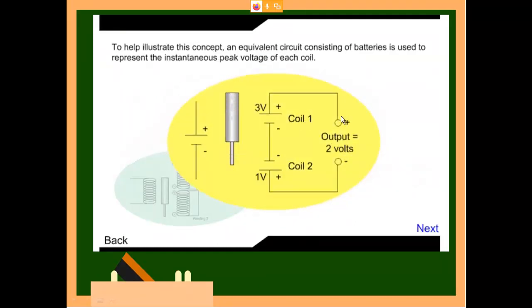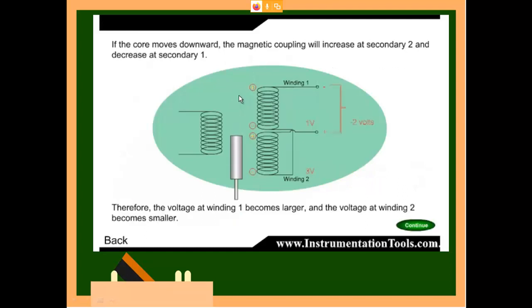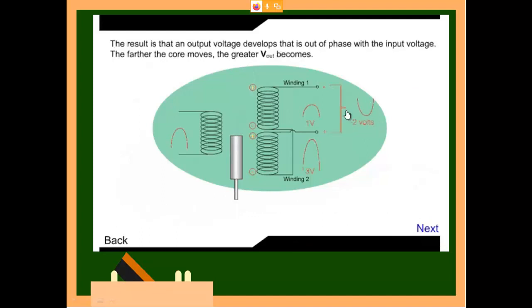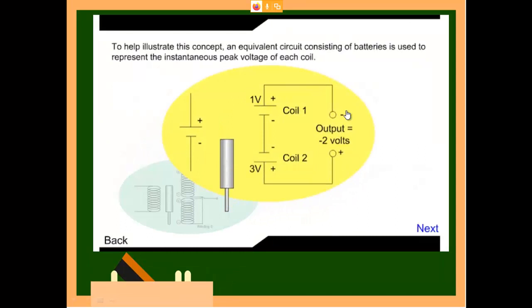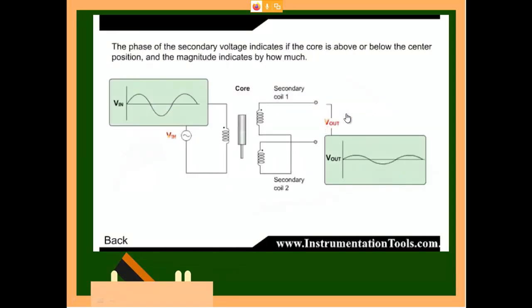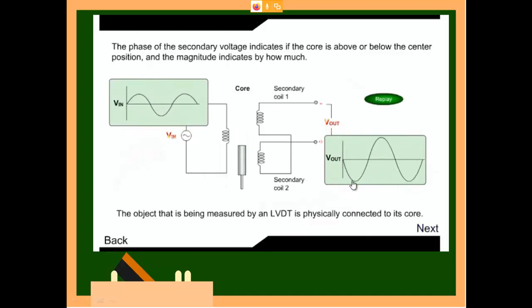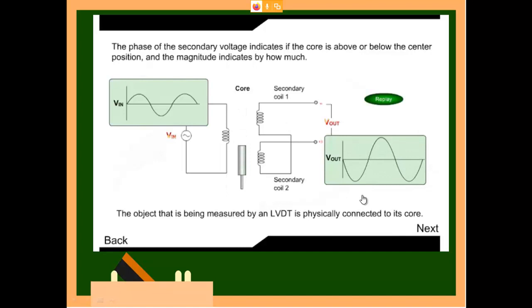So when it is moving up, you can see it is in positive direction. When it moves down, the voltage goes to negative direction. So when this LVDT is moved inward, it will have a positive. When this LVDT is moved outward, it will have negative. Again you can see here the voltage direction gets changed. Initially it is on top, and now when it moves out, it is in negative direction.